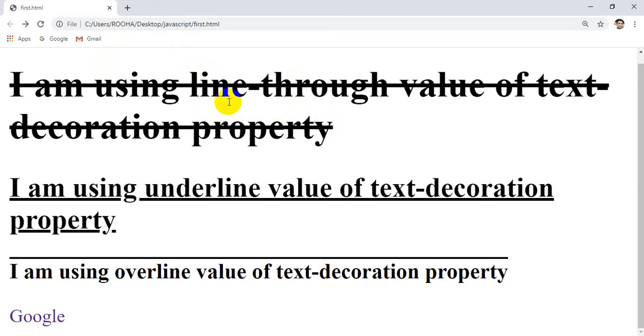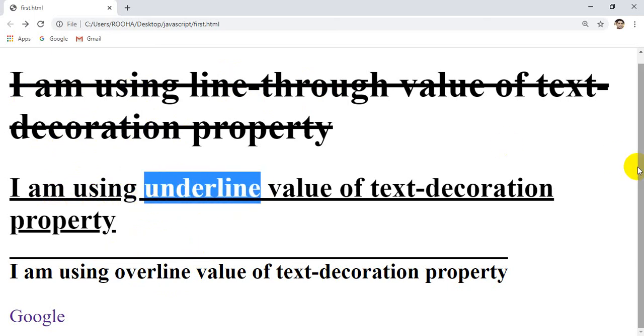The first one is line-through, which is used to assign a line through the text. Then if you want a line over the text, we have the value overline. If you want an underline, we have the value underline, and we have one more value for the text-decoration property, that is none.